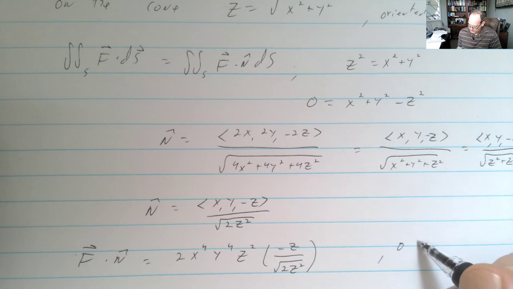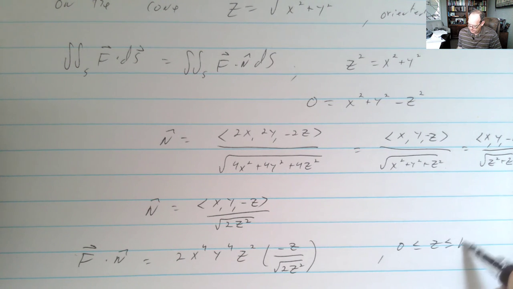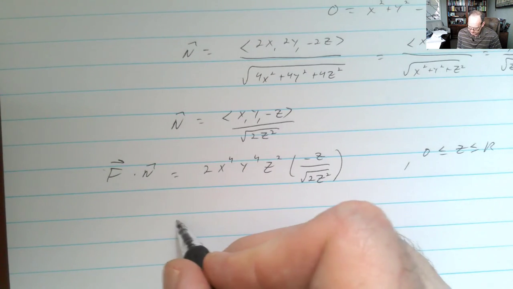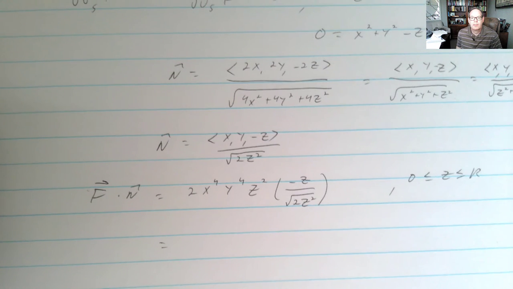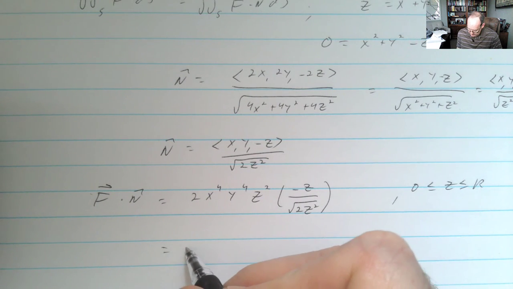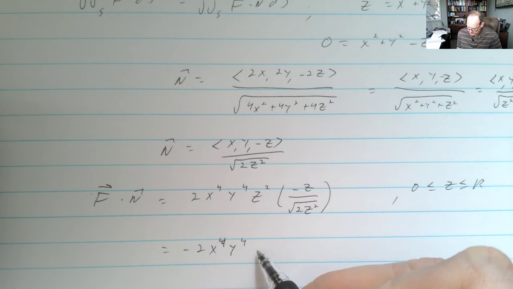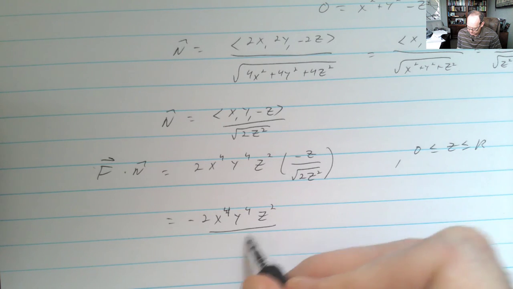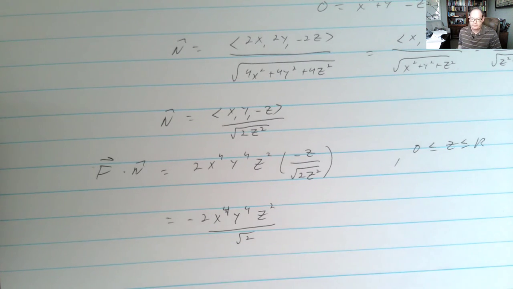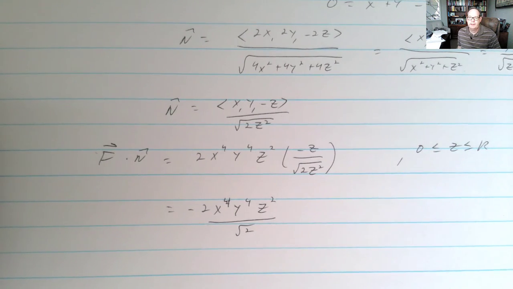We've got 0 less than or equal to z less than or equal to r. So this will come out as a z and cancel. So in the end, we're just going to have negative 2x to the 4th, y to the 4th, z squared over root 2. It might simplify, but let's leave it. It's going to go away anyway. dS